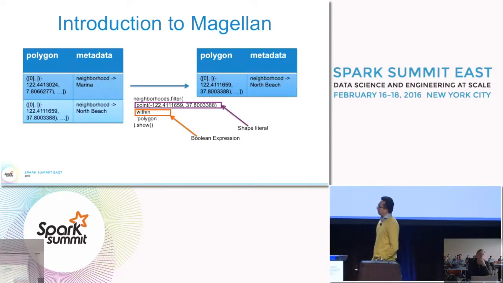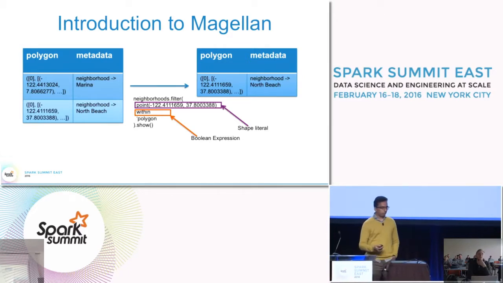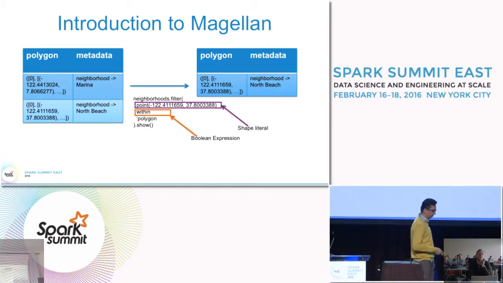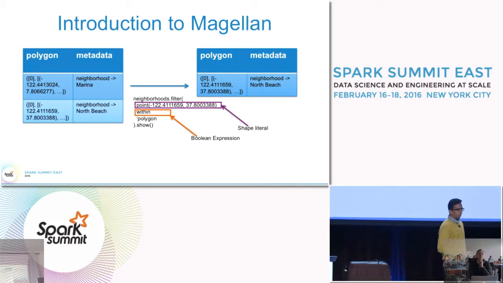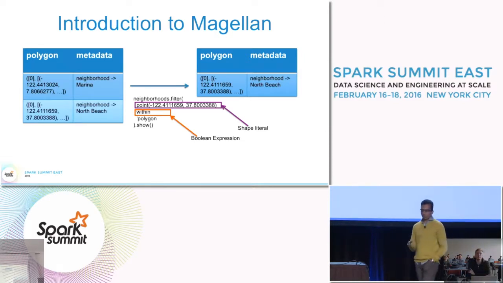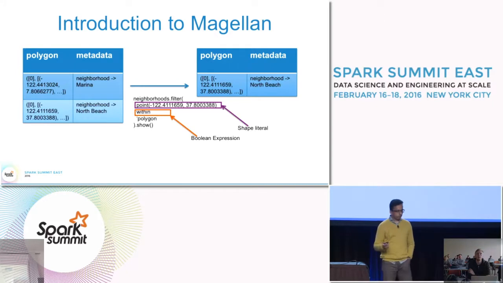Cool. So that's as far as rating data goes. What about queries? Here's an example query in Magellan. You have some data that you've already read. You may have cached it or you may not have cached it. Now, once you have this data, which is represented as a data frame called neighborhoods, what you can do is